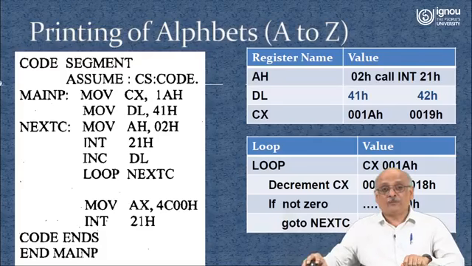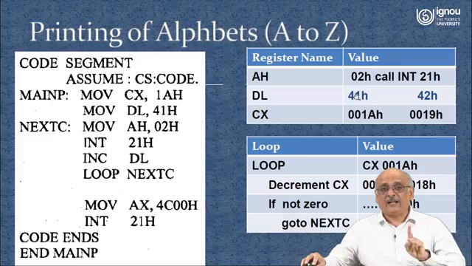Basically loop. So what we have done, two concepts. AH with 02H in the AH register. This is an interrupt 21H call, with function 02H, which outputs whatever value is stored in the DL register. And DL, 41H, is not 2 digits. It is only a single